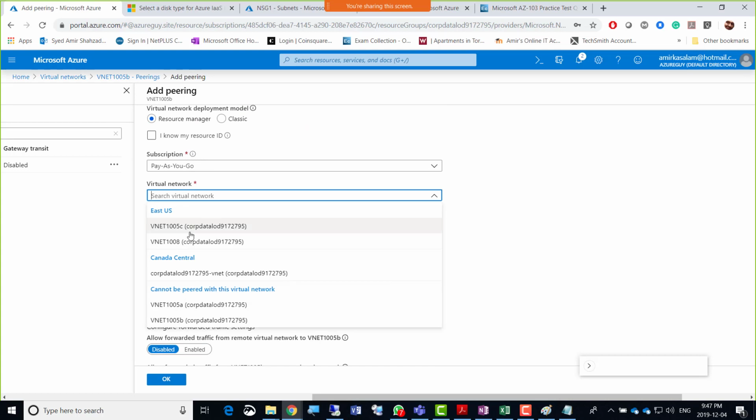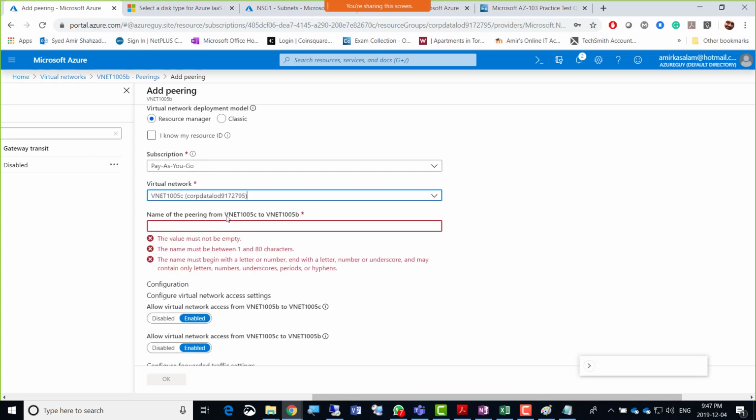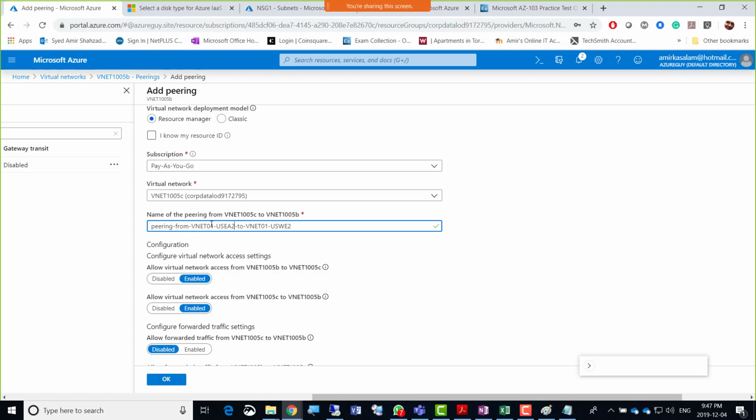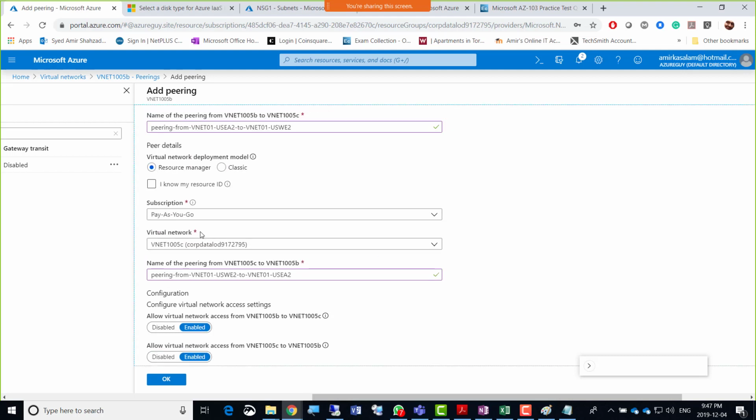Suppose we are going for that other VNet. Then it will be WE instead of, and it will be EA here. I just named it according to the question, but actually those VNets are different.